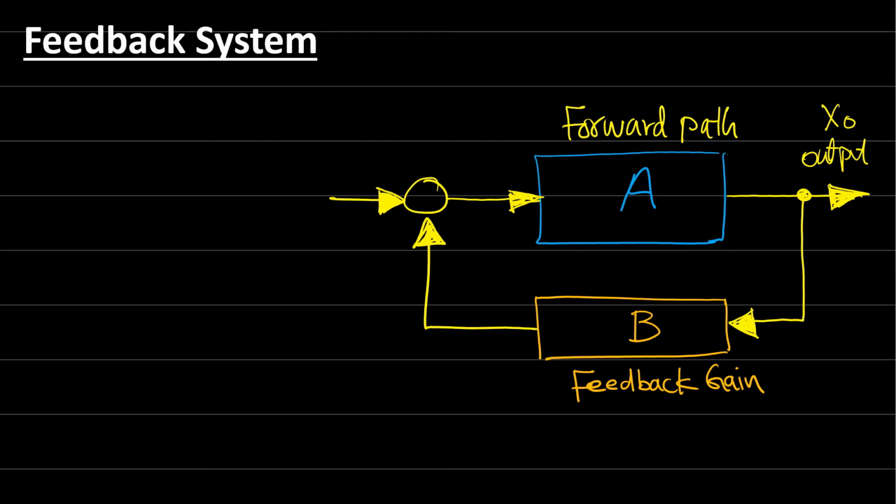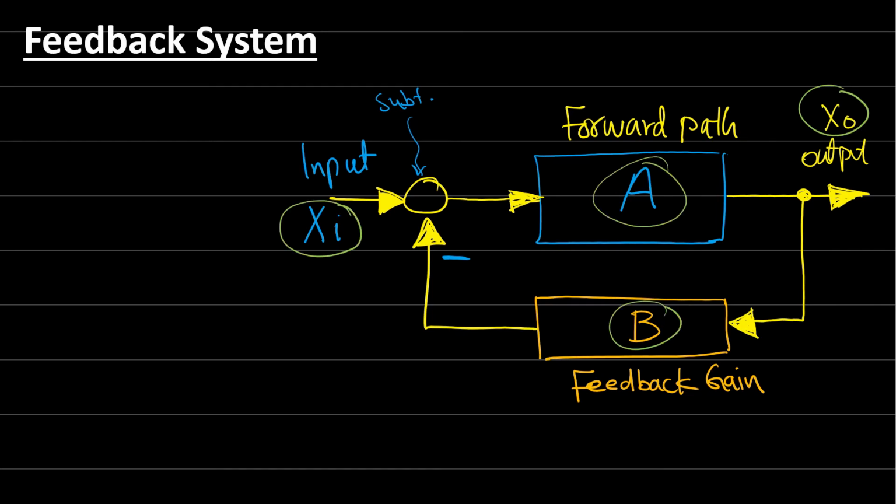Usually we call this input X input, and here is the negative feedback system, and here we have the subtractor. Now, if we try to calculate these values, here we have output X out, input X in, the gain A, and the gain B for the feedback. If you look at this point here, how much is it with respect to X out? This should be X out over A. Why? Because X out over A times A is equal to X out. Now, if you look at this point here, this should be B times X out, because we have feedback here, B times the value of the output signal.